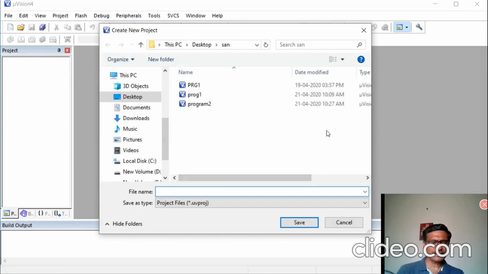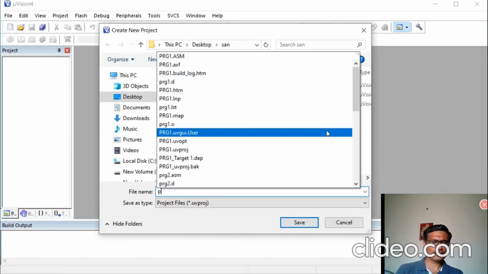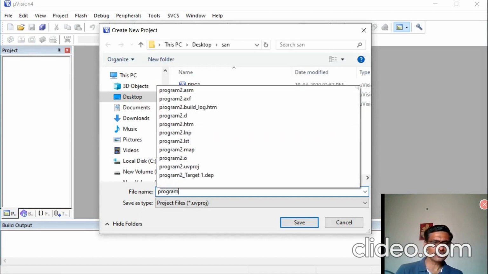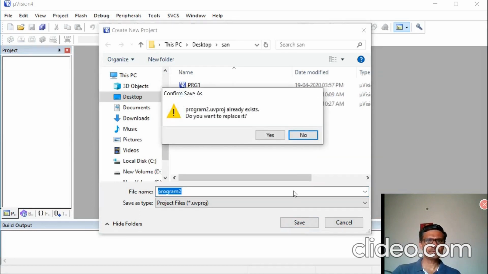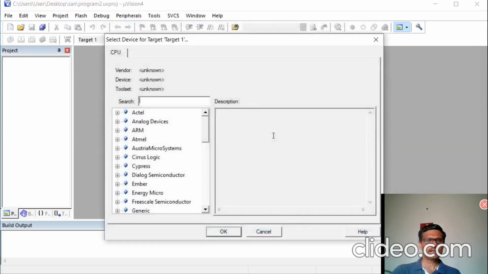I will give a name, program 2. Program 2 is the name of the project. Save. Save that in a folder. You have to create a folder on the desktop to save the project in that folder itself.